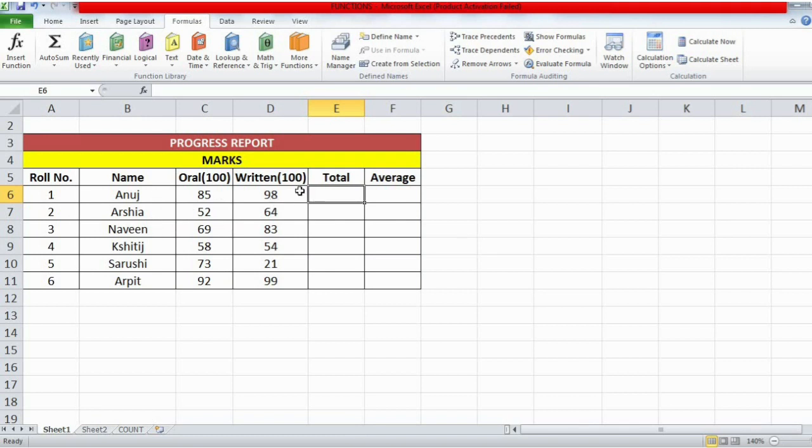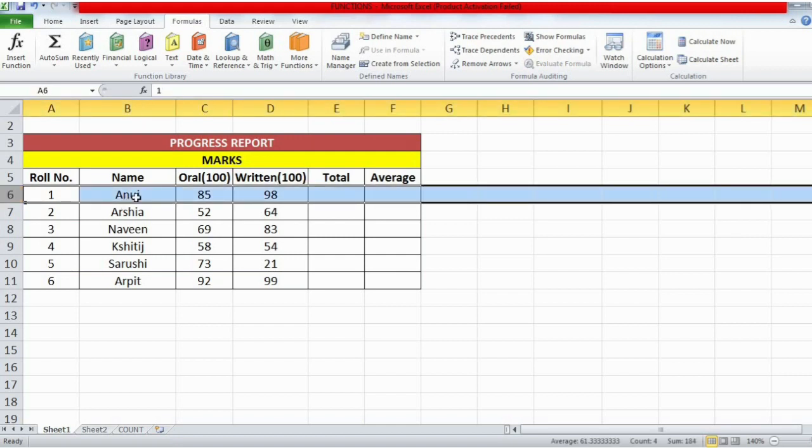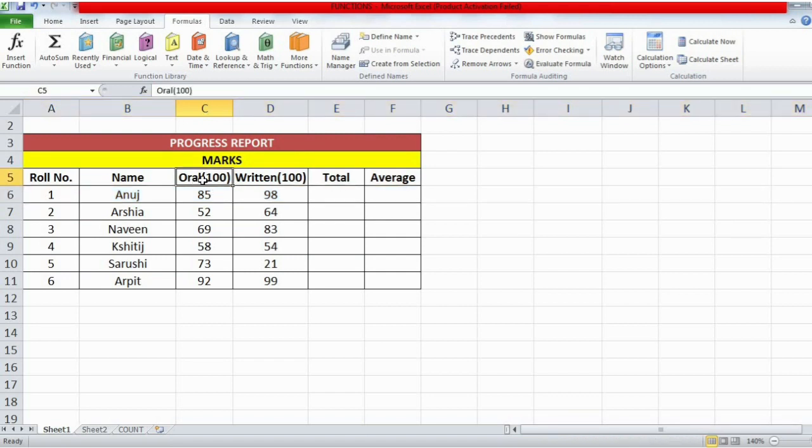Then I want to calculate the total of this and this. See, this student Anuj has got 85 out of 100 in the oral examination and 98 out of 100 in the written examination. So what is his total? How to calculate that quickly using the sum function, using the auto sum option?